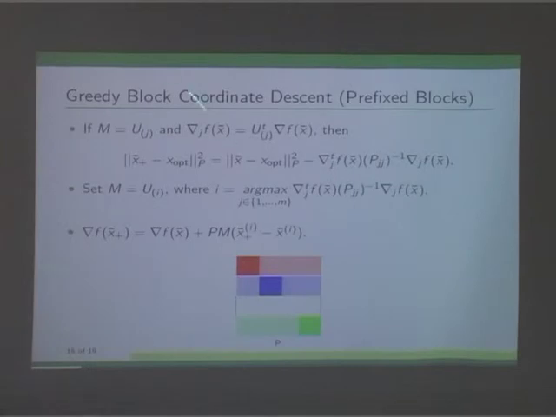So the question now boils down to coming up with a greedy block coordinate descent. So you have some blocks. Now in each iteration, can I decide which is the best block to move forward? If you actually look at the distance of the new estimate from xopt in this norm with regards to the distance of the old estimate from xopt in this norm, then you actually have this relation.